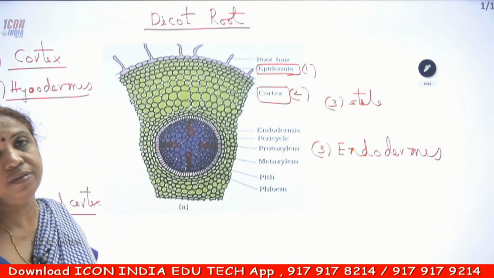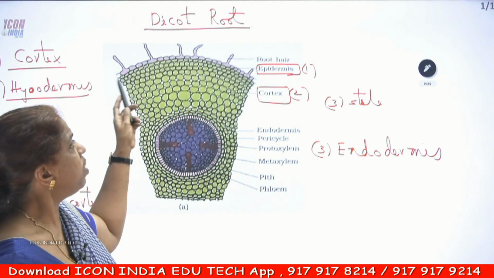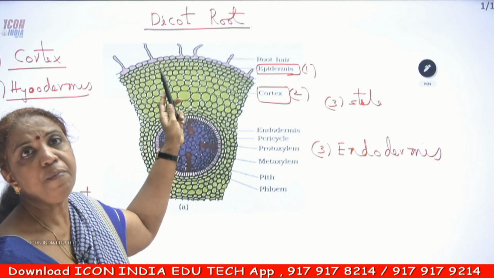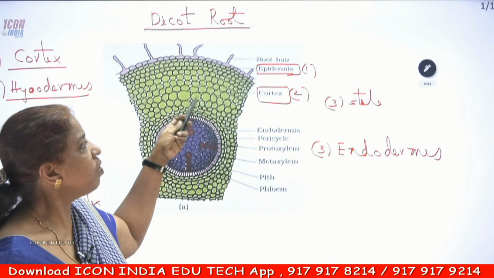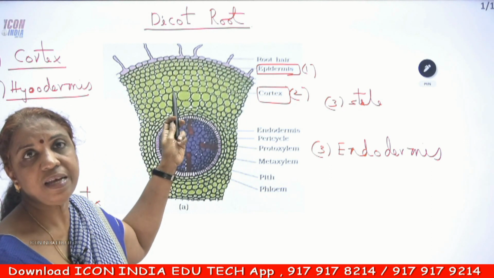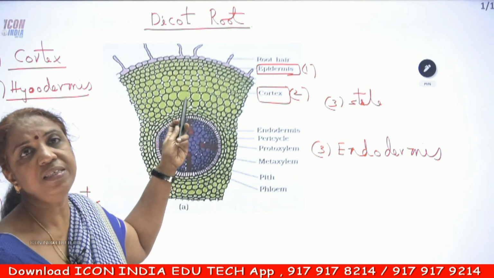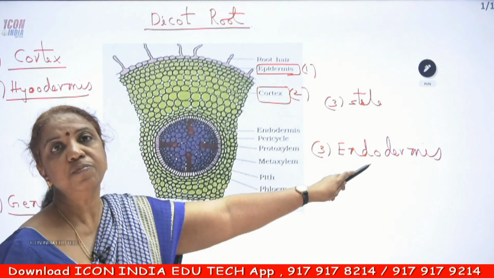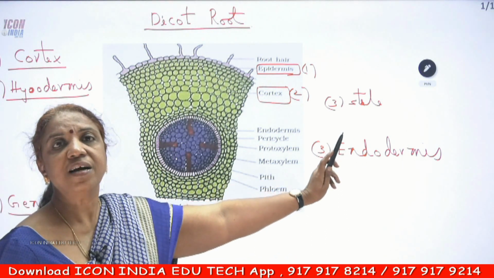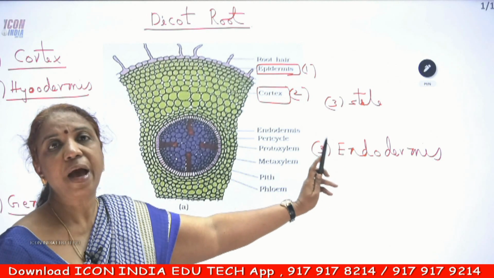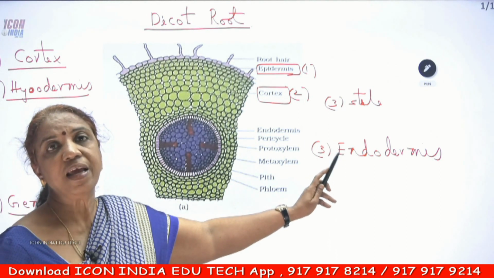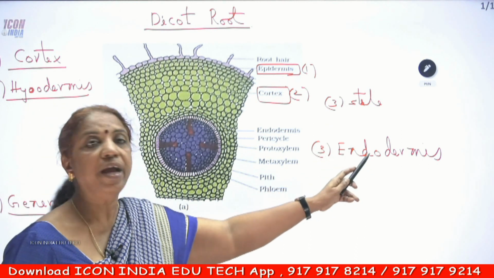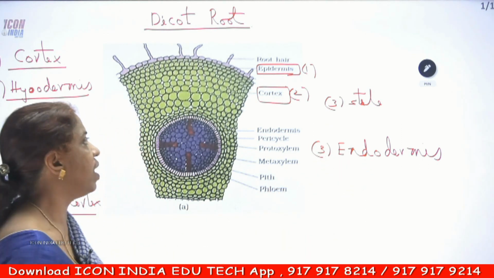So the hypodermis is compactly arranged, that is, collenchymatous cells. The next one, the general cortex, is made of thin wall parenchymatous living cells, whereas the innermost layer is called the endodermis. So completely, the cortex is a thin wall parenchymatous several layered tissue. The next one is called the endodermis. The innermost layer is called the endodermis.